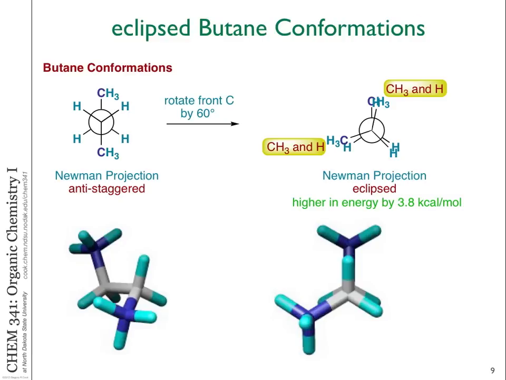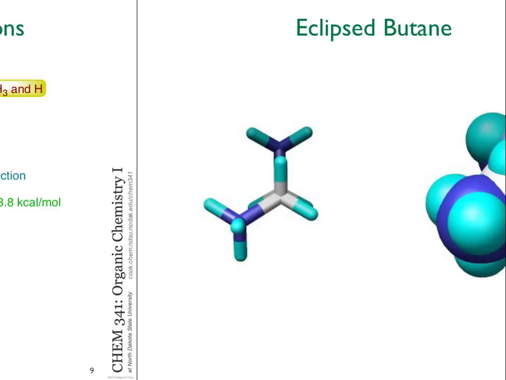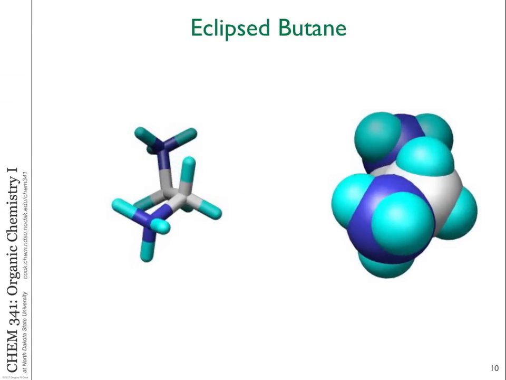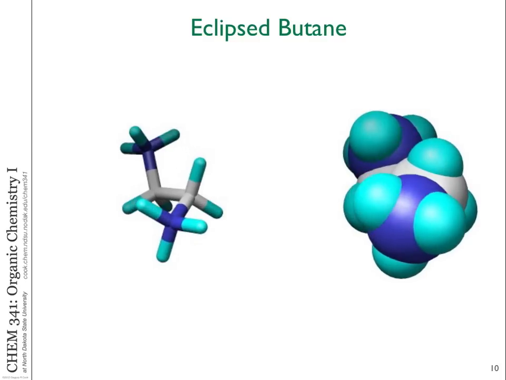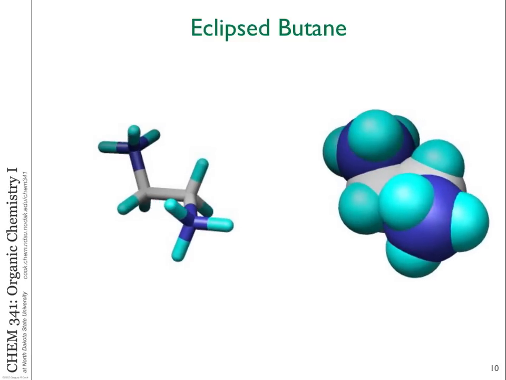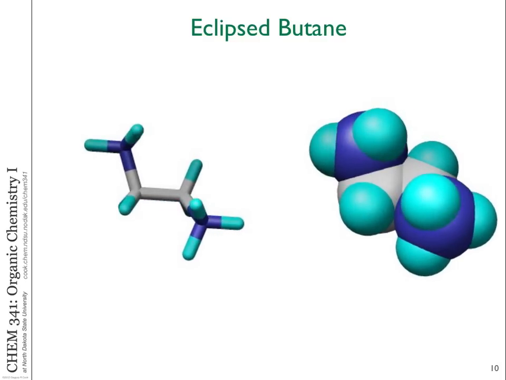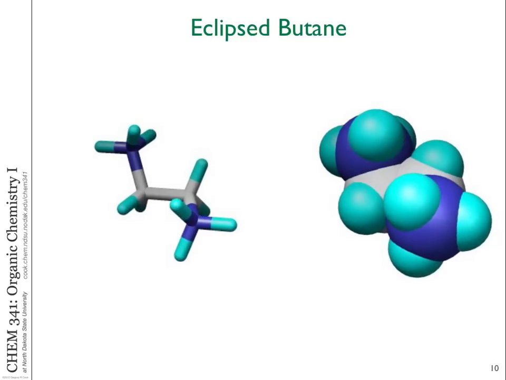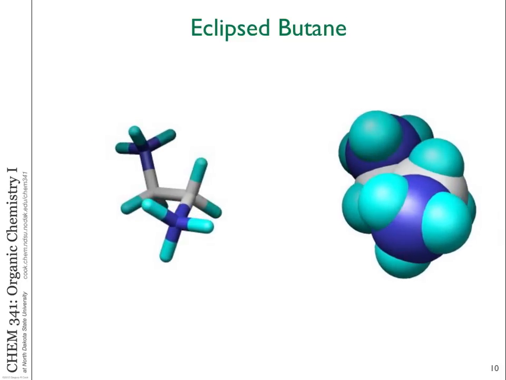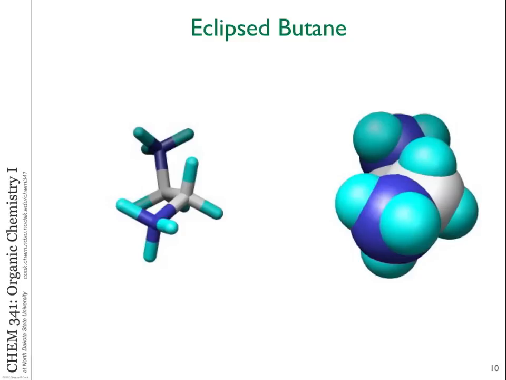All right, because we're not talking about just hydrogens. We're talking about now these methyl groups. So instead of 2.9 kilocalories per mole higher in energy, it's more difference. It's higher in energy by about 3.8 kilocalories per mole. Okay. Here's the visualization in motion. Again, you can see now, and I want you to consider the size of that methyl group. Now these are aligning in this particular eclipse conformation. All right. So as we continue rotating,